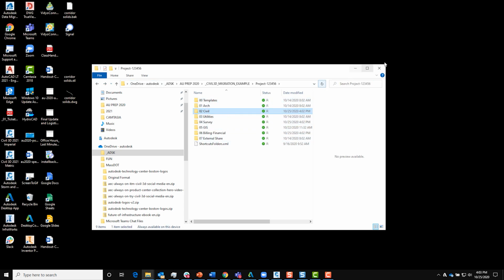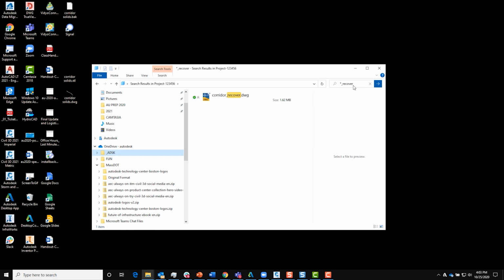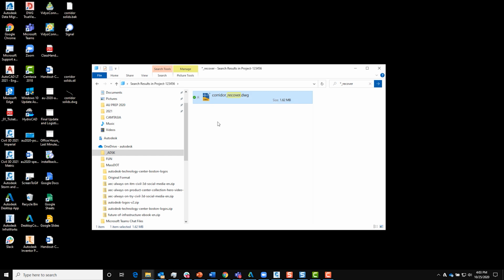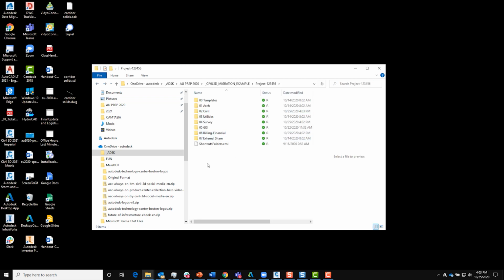And let's do the same thing and search for any recover files. And sure enough, there's that recover file we saw earlier. I'm just going to do a right click, delete on that guy. Okay, so now we've cleaned out files that we don't need, and we're ready to move these folders over to BIM 360.